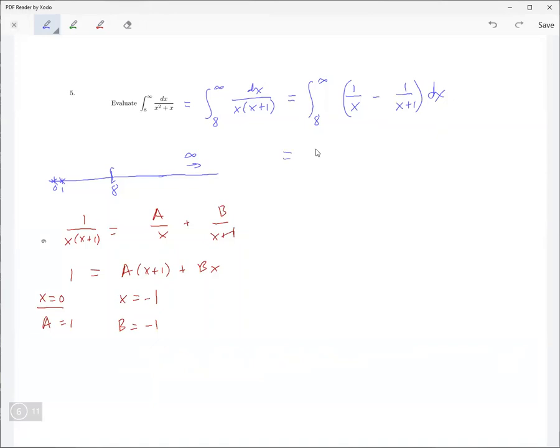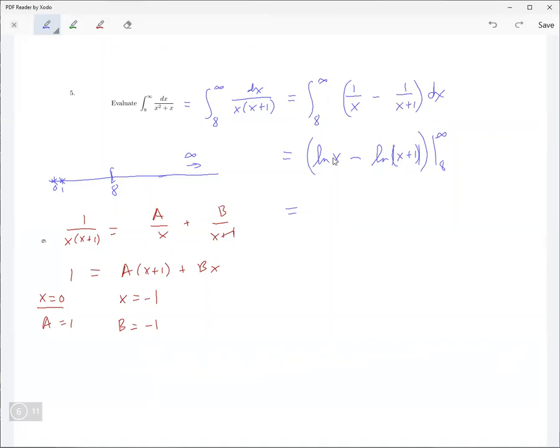And so I'll go ahead and integrate those. This is the natural log of x. Because x is between 8 and infinity, then we don't need the absolute values. And then likewise, when we do this one, we don't need the absolute values. Why did I put them though? Those are parentheses, not absolute values. Okay.